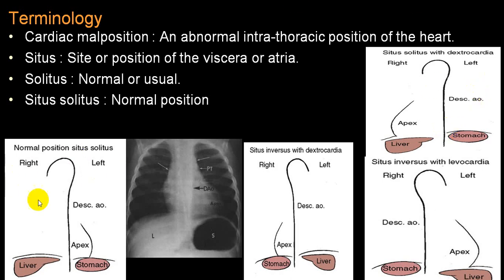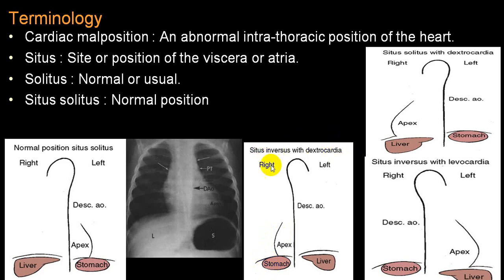Now this is shown diagrammatically. This is normal levo position, the stomach is on the left side. So this is normal position and there is situs solitus, so we call it levocardia with situs solitus. If the apex is pointing towards the left side, it is levo, and if it is pointing towards the right side, we call it dextro, and the stomach is on the right side. So both are rotated, the mediastinum, that is cardiac, as well as the abdominal viscera. So it is called situs inversus with dextrocardia.